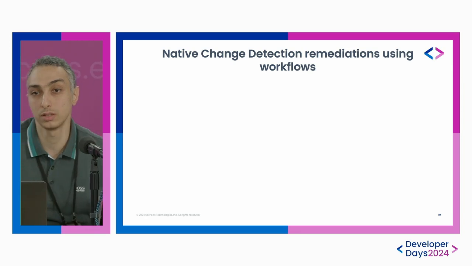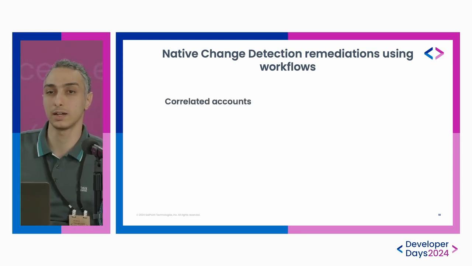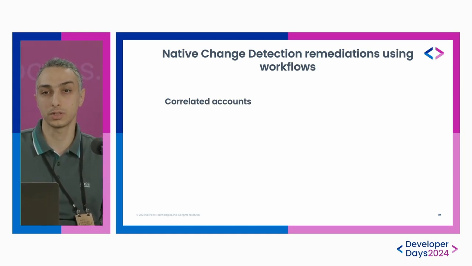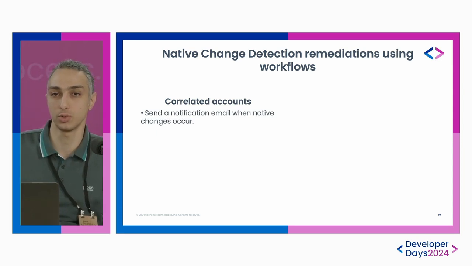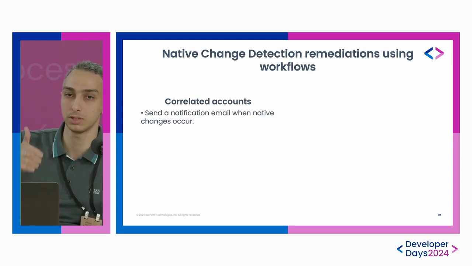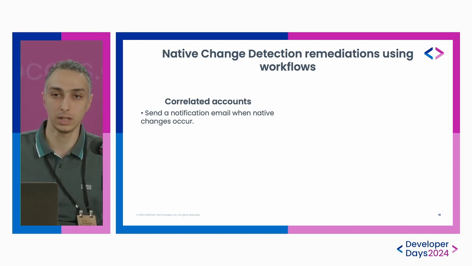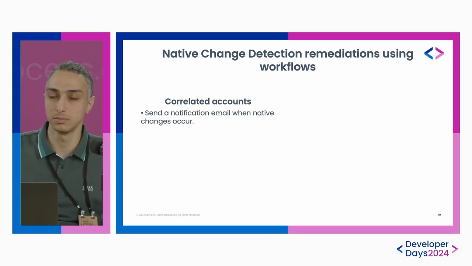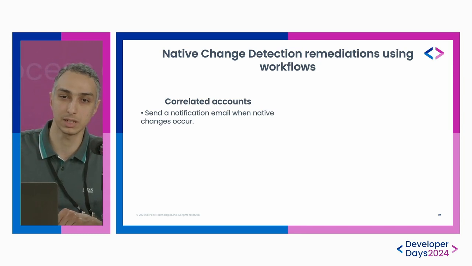So what are we trying to fix here? Usually for correlated accounts, how can we process this event? We are going to process this event by sending a notification, or you can create a workflow or use an out-of-the-box workflow to send the notification to the users or the identity admin, the identity manager. You can also send some emails to the security team, like please take care, something has happened to this account